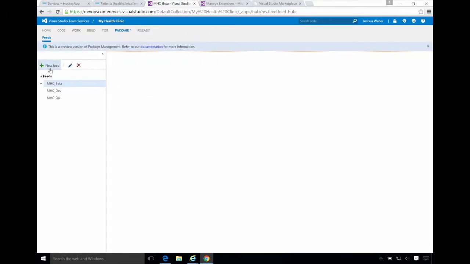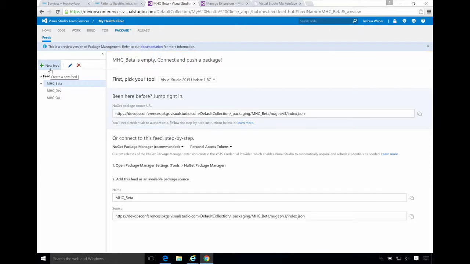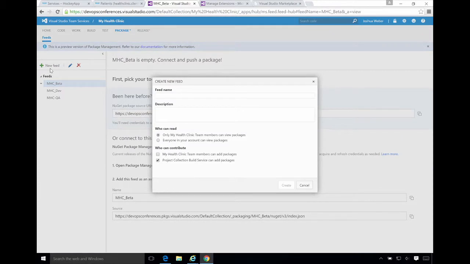What this allows you to do is easily create a way to share your components. I'll give you a sneak peek into how we do it. We actually build Visual Studio Team Services and Team Foundation Server using our NuGet package management service. We have a single feed for our OSS components, a feed for our externals components, and a release feed. So every time a package is ready to be shared with other teams outside of Team Services, we use that feed to share it. If I went ahead and showed you here, it's really easy now to create a new feed,